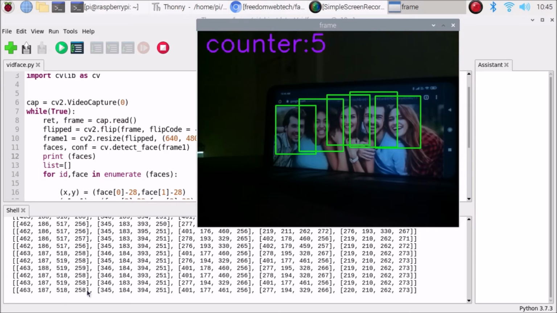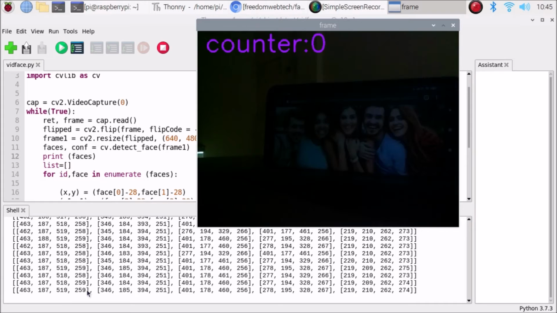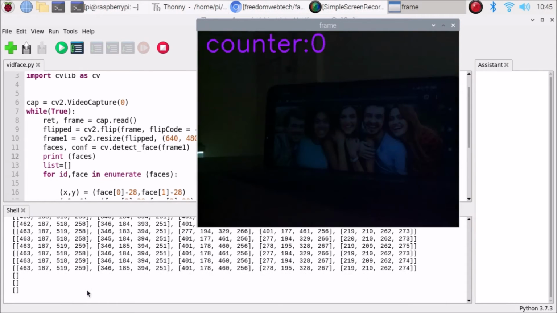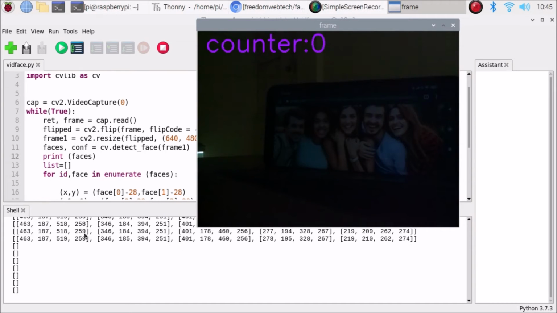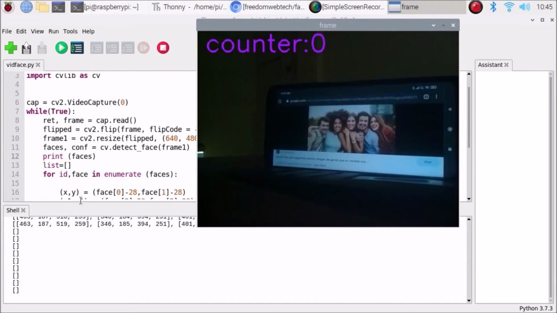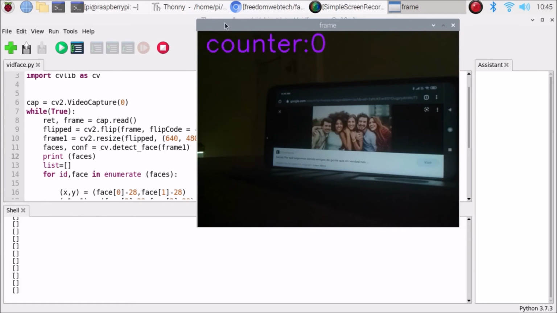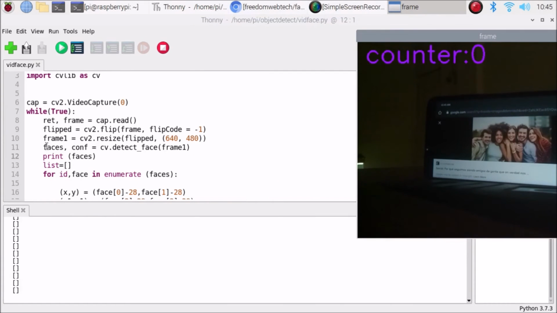You can call them any alphabets; this is not particular to x, y, w, h, I have just called them randomly. So this is the x coordinate, y, w and h. You simply need to type this one line, mention the frame inside it, and it will start detecting faces from the live images. Isn't it easy, friends, with the help of CVLIB?